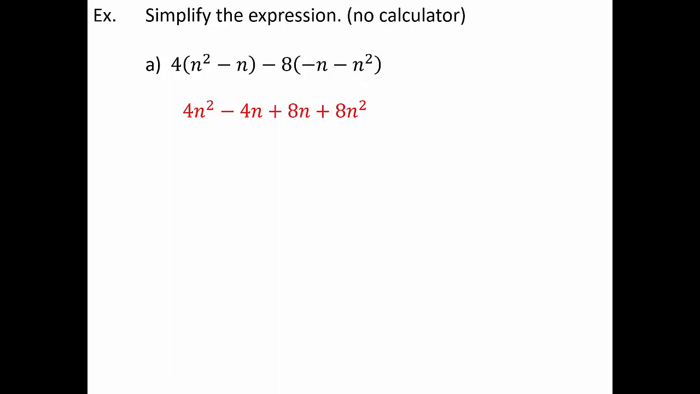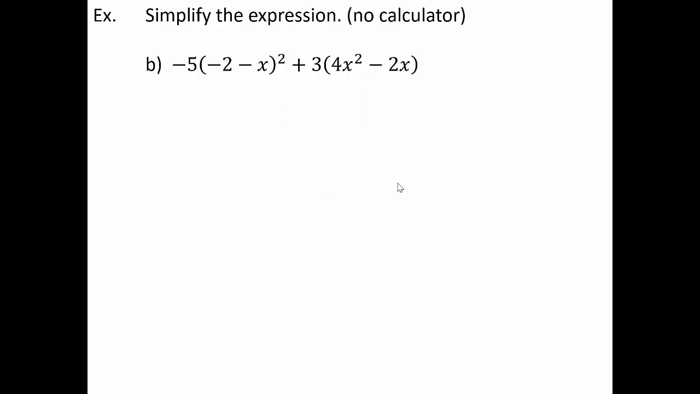Now combine like terms. I've got my quadratic term 8n squared and my other quadratic term 4n squared, so that's going to be 12n squared. And then combining negative 4n and 8n gives me positive 4n. Final answer. Here we have one that's slightly more complex because we have the negative 2 minus x being squared